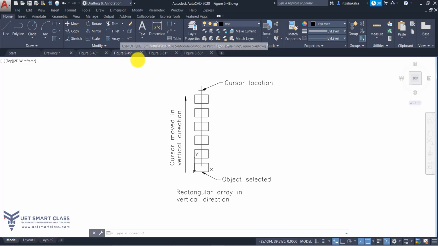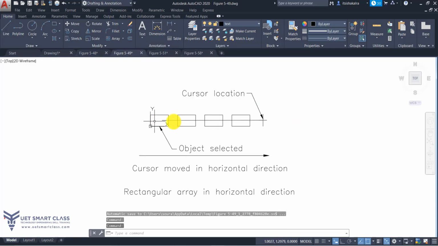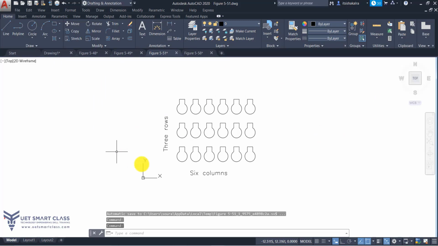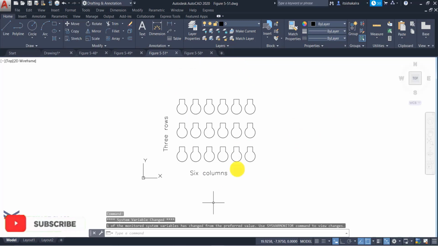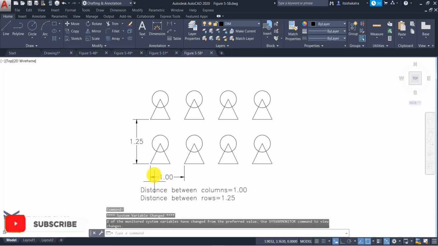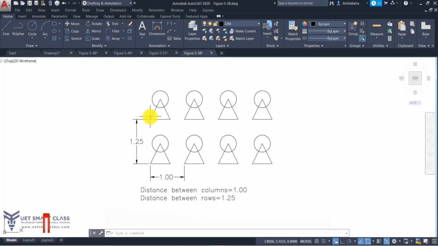When my cursor location is at 0 or 180, in a horizontal position, it will give a rectangular array in horizontal direction. This is a complete array of 3 rows and 6 columns. By spacing you can specify the distance. See, this is the base point. From this base point I can specify the distance between my rows and columns.